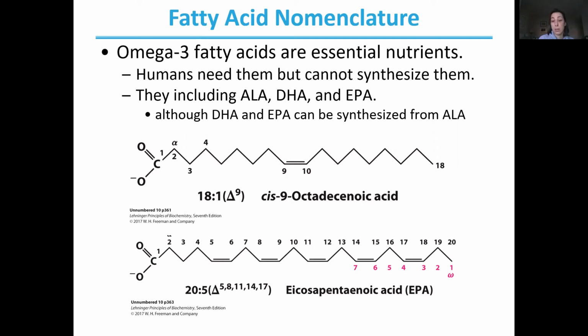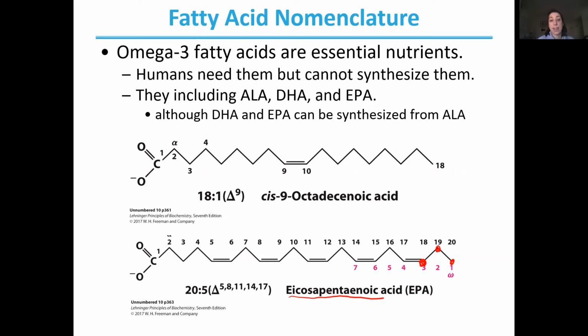EPA is shown below. EPA is just short for eicosapentaenoic acid. And you can see that if we count from this end, 1, 2, 3, our very first double bond starts at the third carbon, which is why this is a